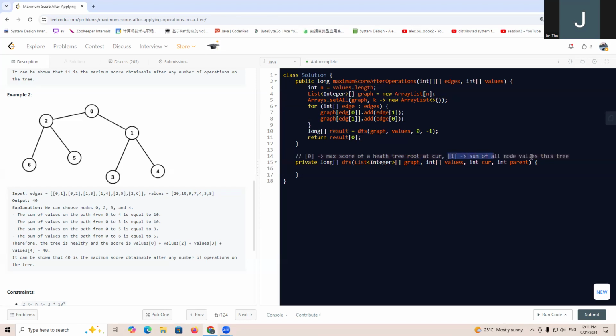This, we just, because we want to use this one to calculate for its parents. So this one is apparently not a valid tree. That's the second is just used for calculation, right? But this one is the maximum score if this is a healthy tree and for this kind of node,